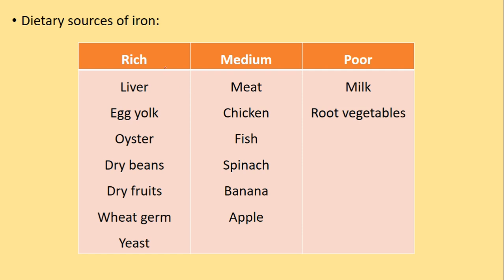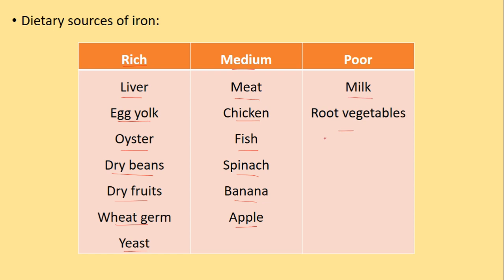So what are the dietary sources of iron? The dietary sources which are rich in iron are liver, egg yolk, oyster, dry beans, dry fruits, wheat germ, and yeast. Dietary sources which are medium are meat, chicken, fish, spinach, banana, and apple, and the poor sources of iron are milk